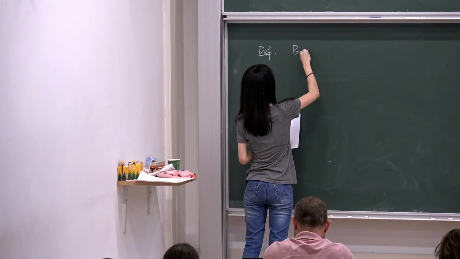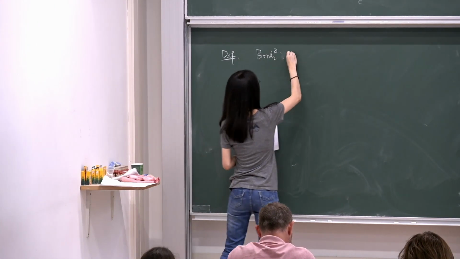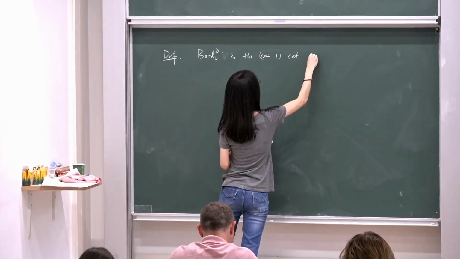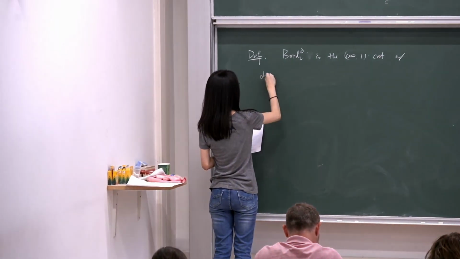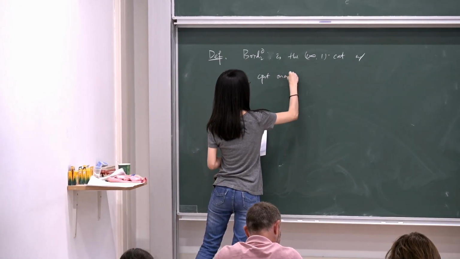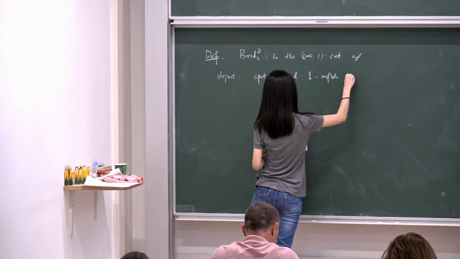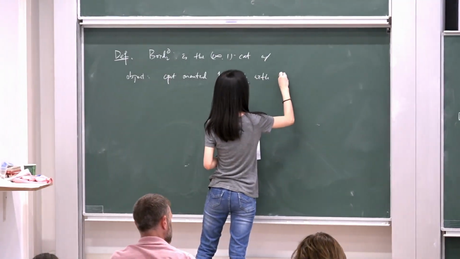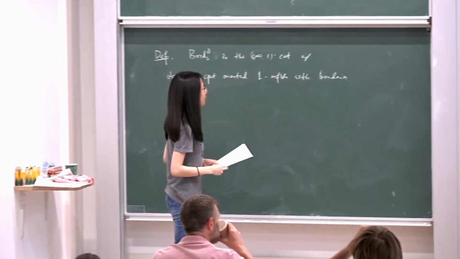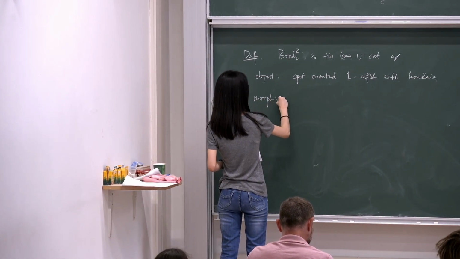So Bord2 partial is the infinity 1 category with objects compact oriented one-manifolds with boundaries. So in practice, it will be disjoint unions of circles and closed intervals, and morphisms from M to N